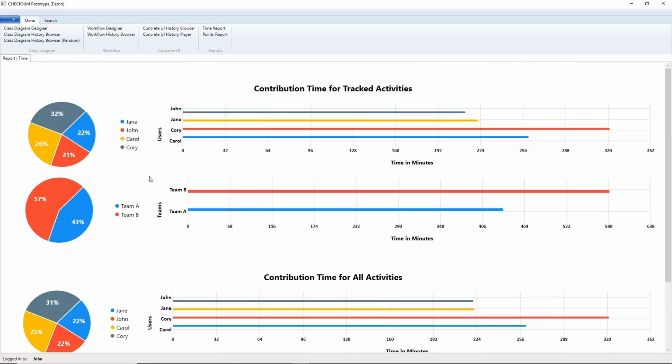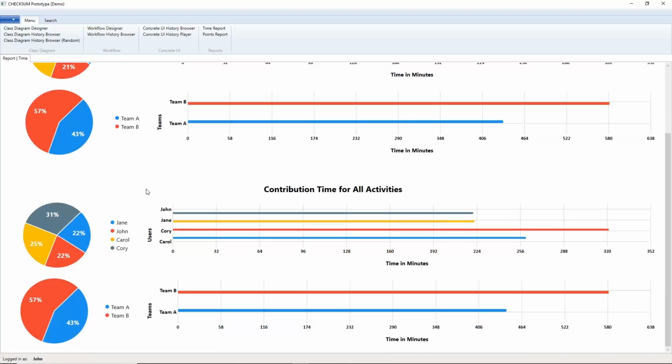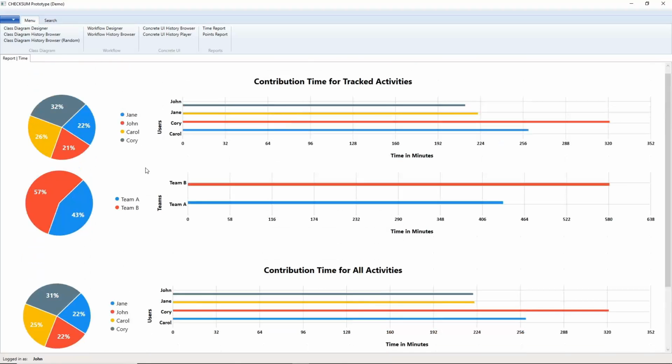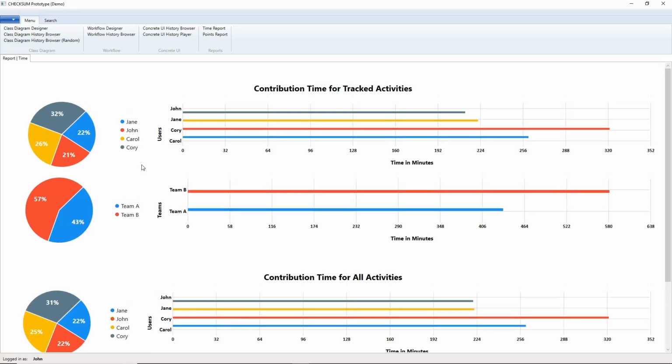We can see that the report shows the time that has been basically dedicated by both teams and users. So we have in this case two teams, Team A and Team B, and 4 users, Jane, John, Carol, and Corey. And again, they're color coded, and you can see the time in minutes that the teams and team members have dedicated to work on the models and diagrams that we've previously explored. If we look at the points report,